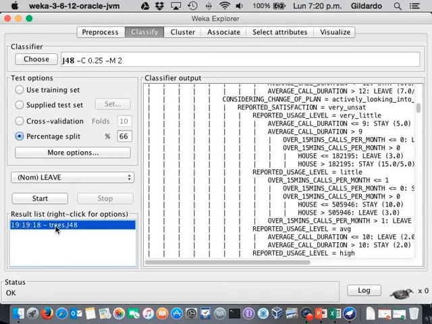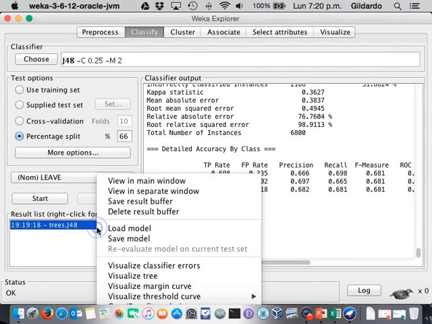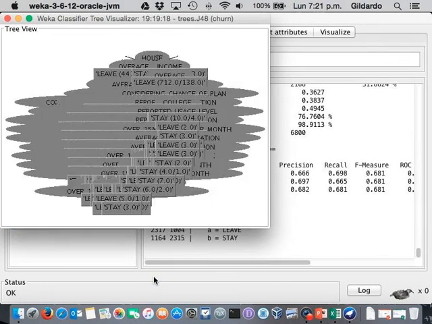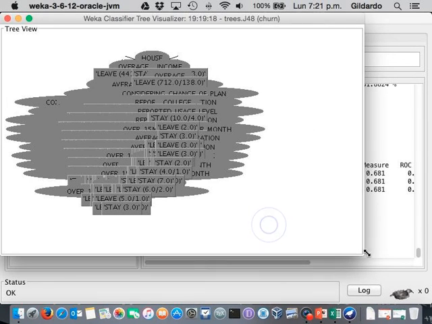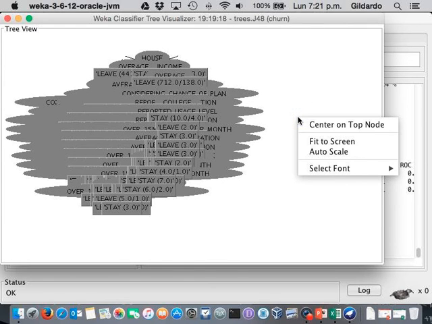And again, in this part of the window, we can click with the right button, and we can get some things like the option to visualize the tree. So if I click here, I will get the tree, but of course it is very, very big, and if I right click, I can